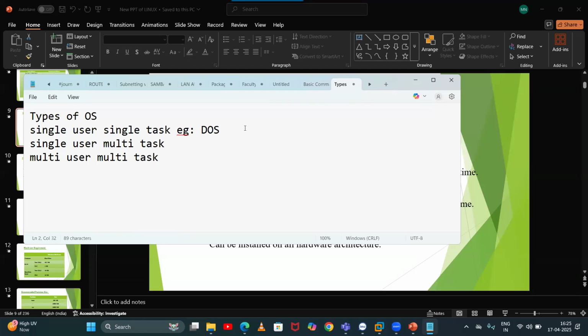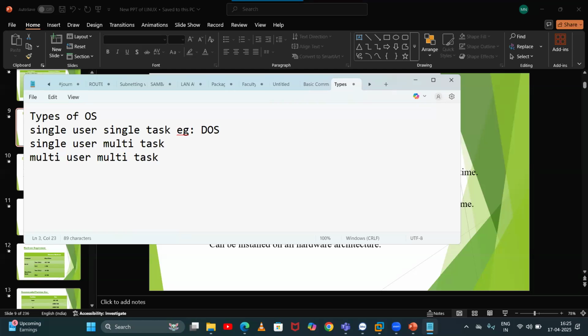They're watching a movie, and at the same time they want to open PPT, open Adobe Reader, or listen to songs from another player. So multiple tasks they can perform at a time, but as only one user. If they want to log in to another user, first they log out from one user, then log in to another user. That is single user multitasking.